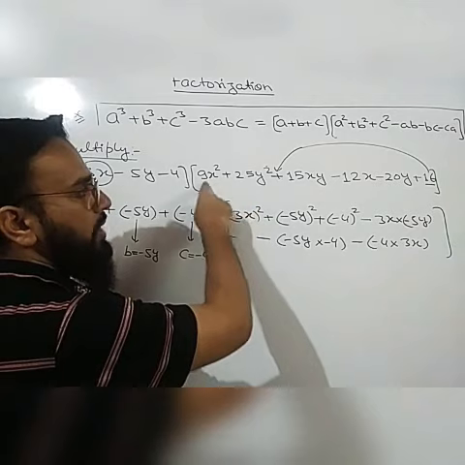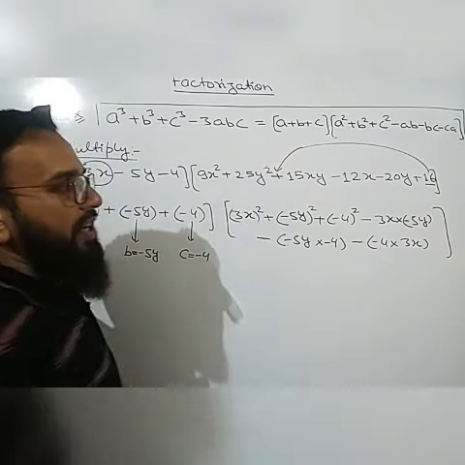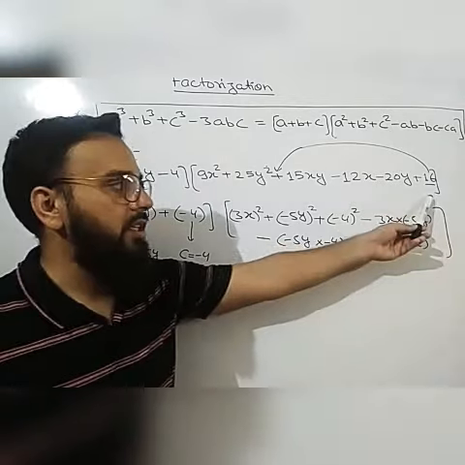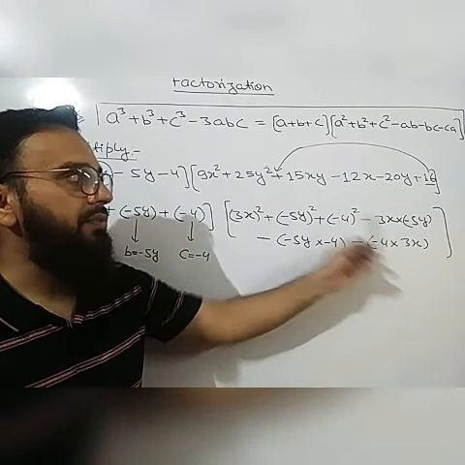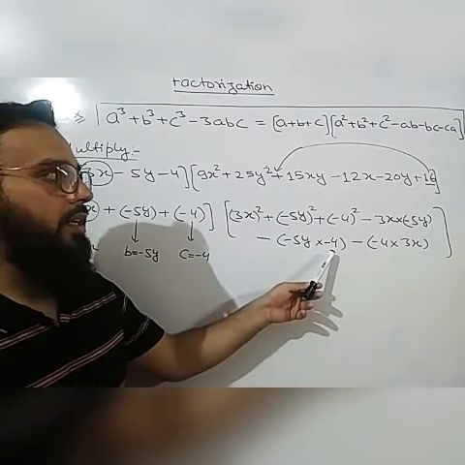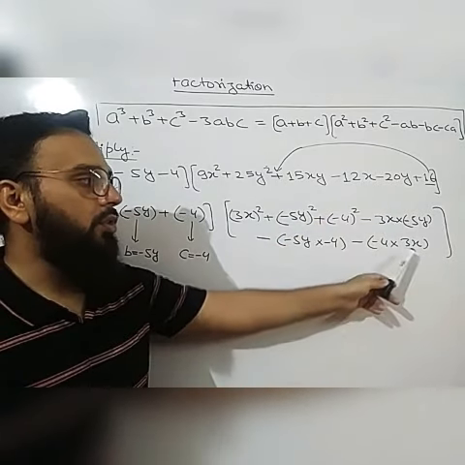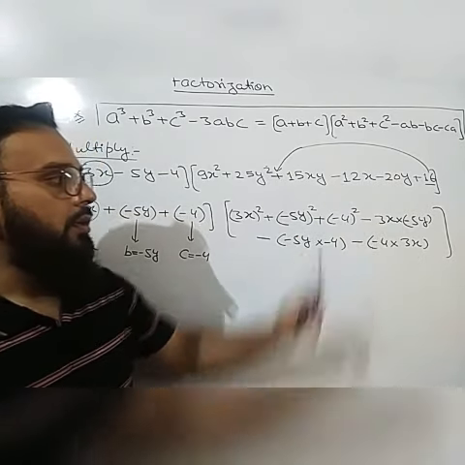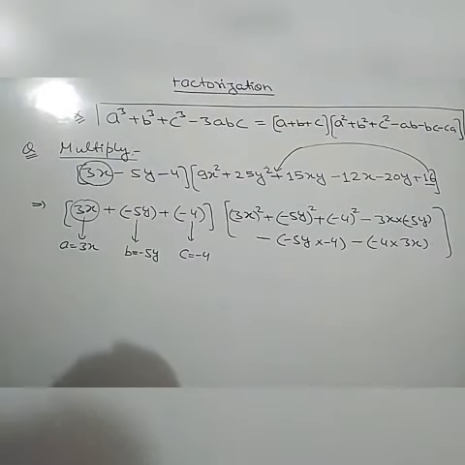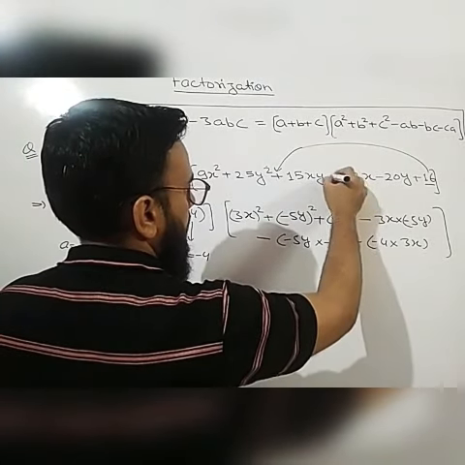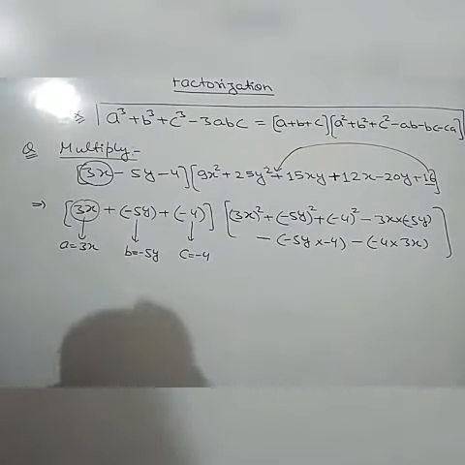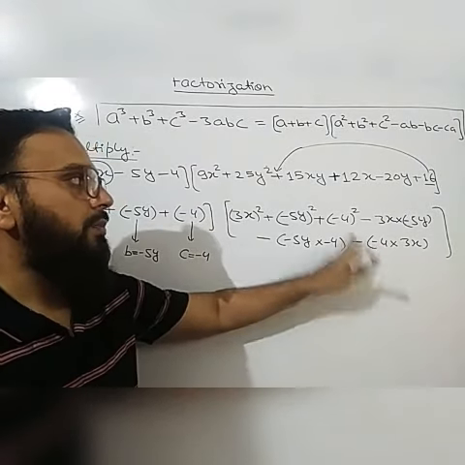So if we check, 3x square is 9x square, minus 5y square will be 25y square, minus 4 square will be 16. Then 3 5s are 15, it will be plus 15xy. Then 5 4s are 20. This will be minus minus plus, again minus, it will be minus 20y. And this is 4 3s are 12x minus minus plus, that will be, just a minute, here one problem is there. The sign of 12x in the question is plus 12x. Correct the question, it is plus 12x. That's why now this will be 3 4s are 12 minus plus 12x. Now it is correct.